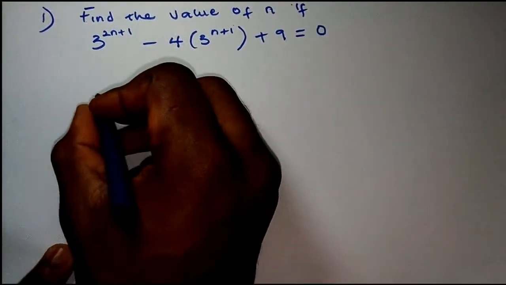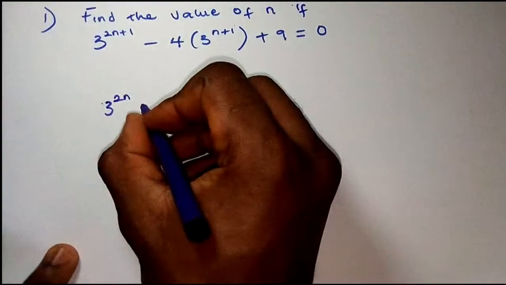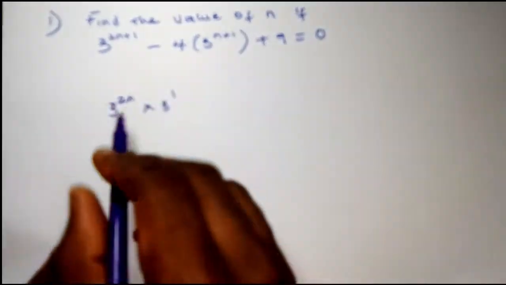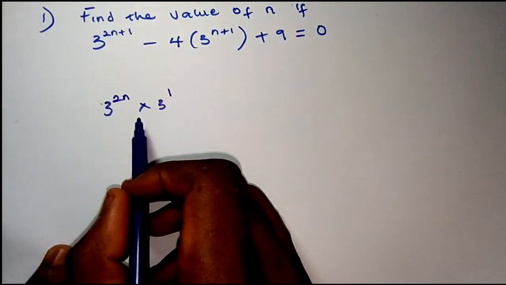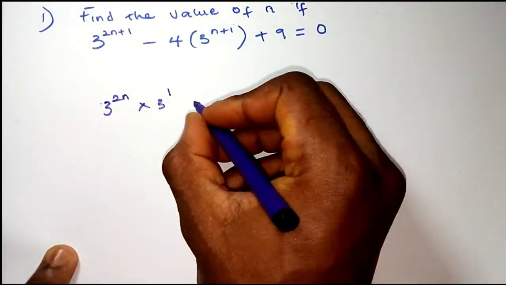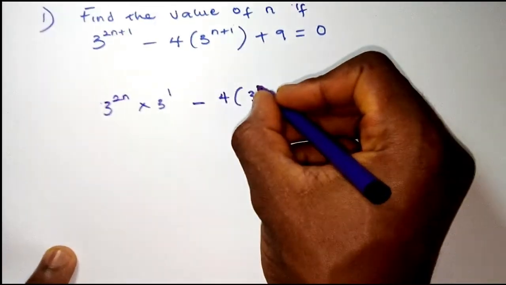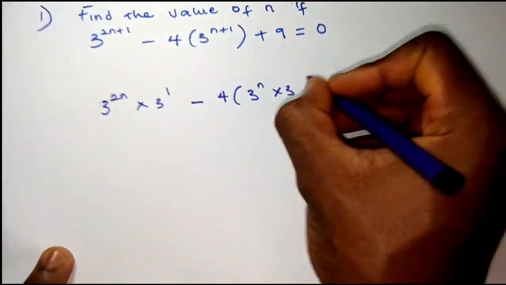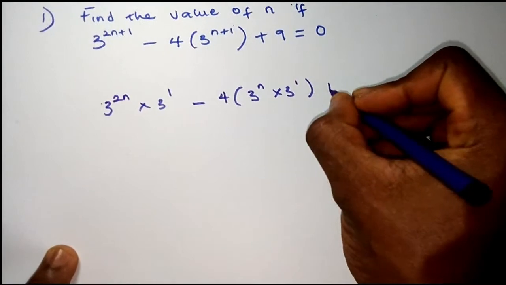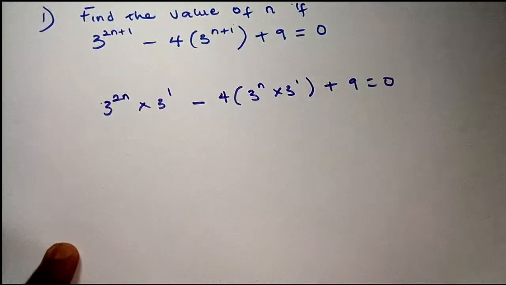So we're having something like 3 to the n times 3 raised to the power 1. This is the same thing as 3 raised to the power 2n plus 1. So we also have to simplify this other one here, which will be 3 to the n times 3 raised to the power 1, plus 9 equals 0. Okay, so since we've simplified it, the next thing we're going to do now is